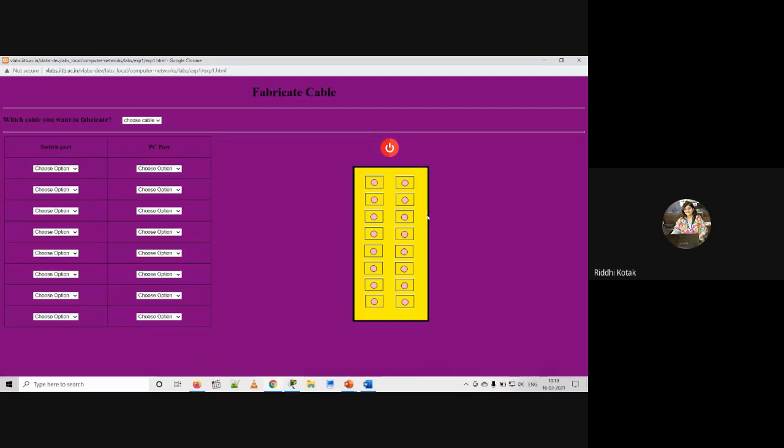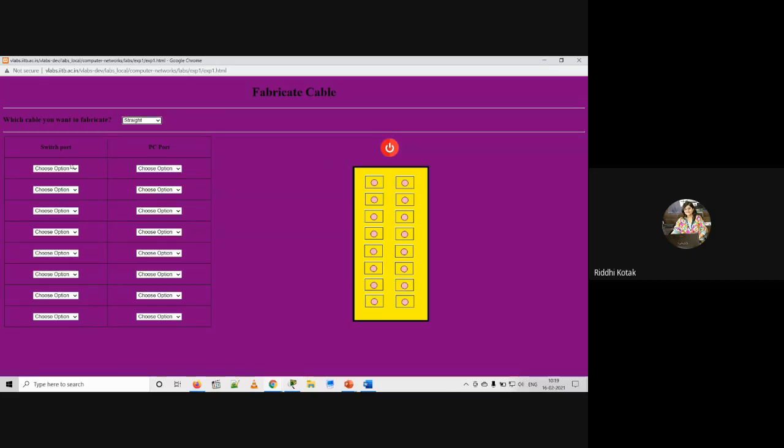That is the reason I told you to note down the color sequence for the straight through cable first. If you have noted it down, once I do it, you just observe and then repeat. So first we are doing the straight through cable, so you have to select straight through.